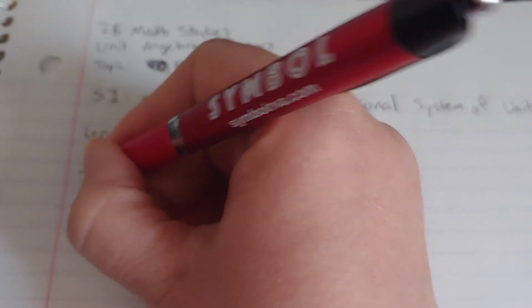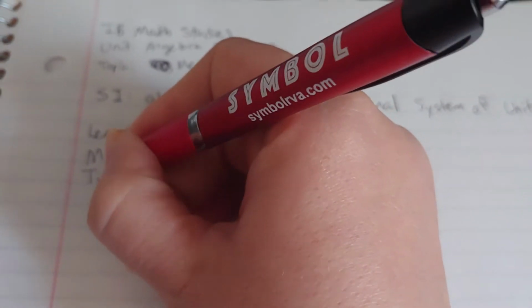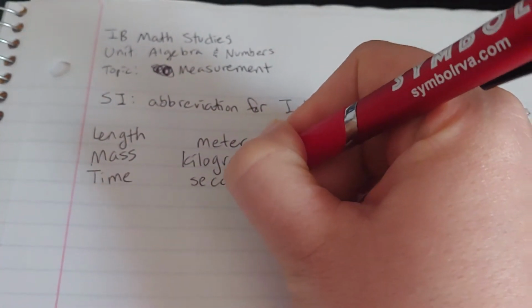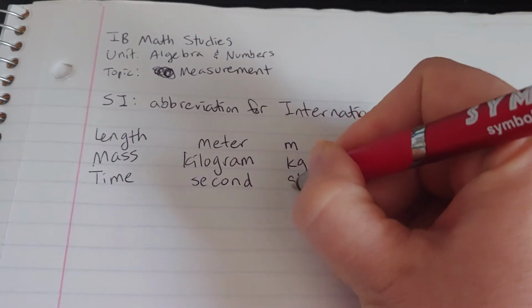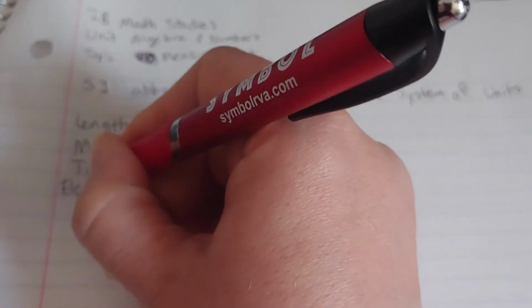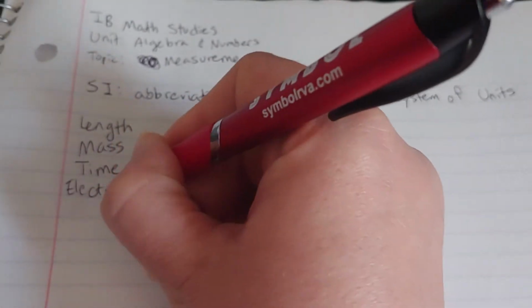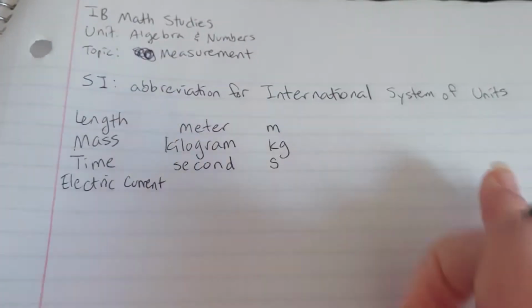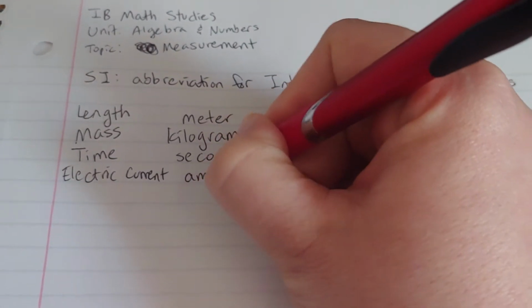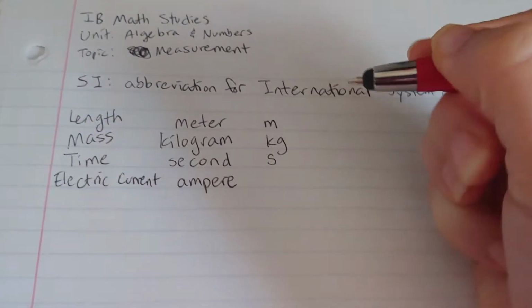For time, it's the second, which we say is S. Electric current, that is the ampere, which you may know as amps,